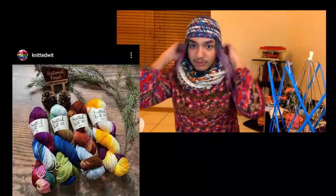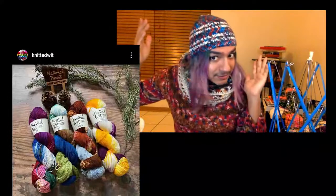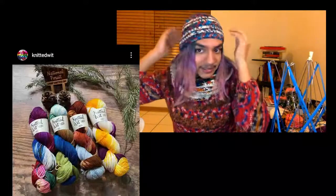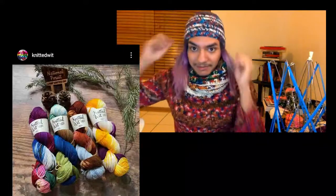I tend to, so see, this is actually shorter. See how it fits differently than the other one? It stops here above my eyebrows. That's how I kind of measure it. So it frames my face nicely. But anyways,